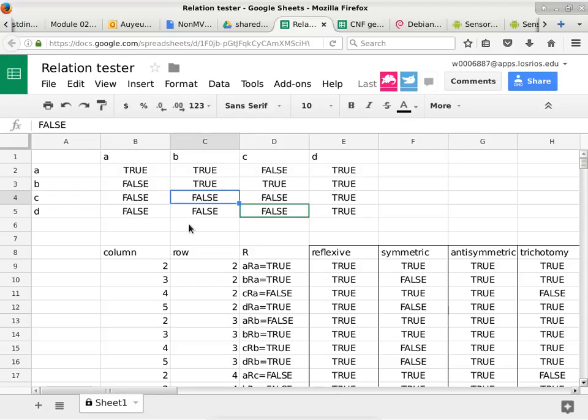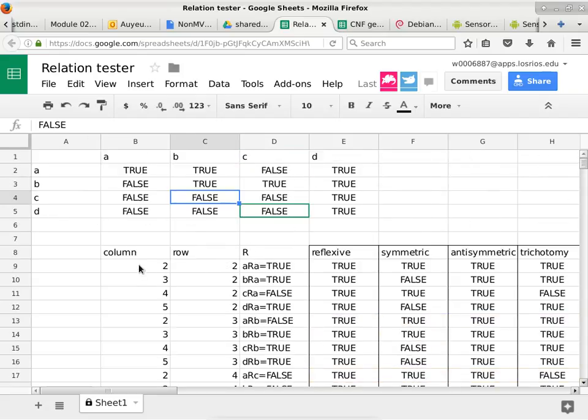It only has 4 elements in this particular set, but by tweaking the true and the false, you can then use the spreadsheet to tell you whether it is reflexive or not. Is it symmetric or not? Is it anti-symmetric or not? Is it transitive or not? And then from those, it will also tell you whether it is equivalent or not. It will tell you whether it is partially ordered and also completely ordered. Okay? So the way it works is